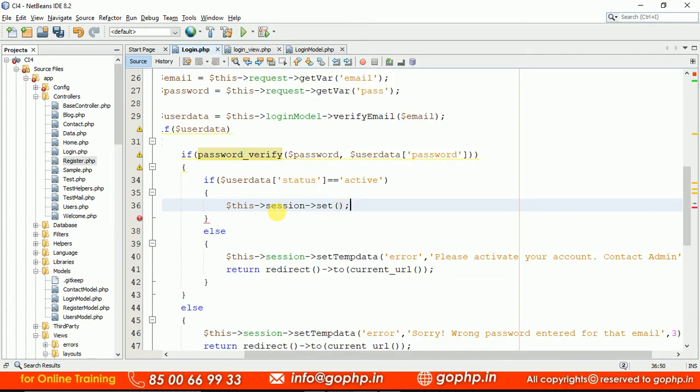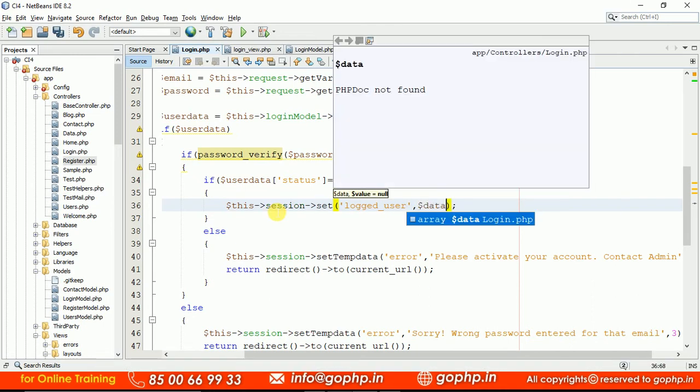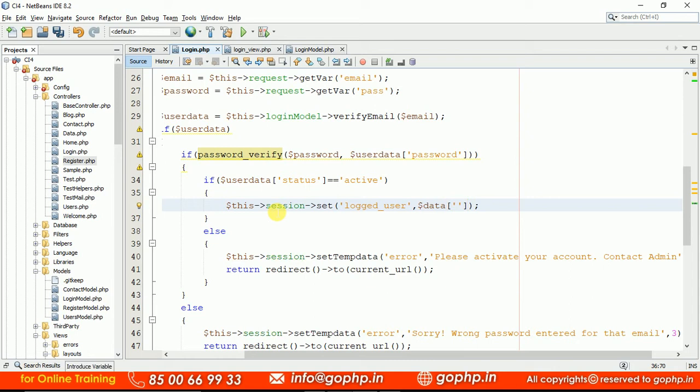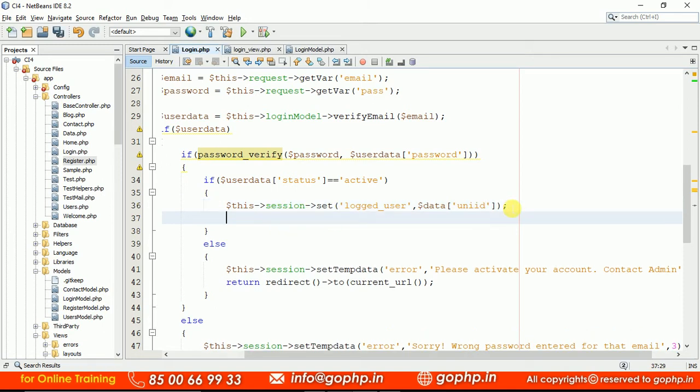Directly we can pass data also. Let me take a key and value pair. So user logged in data or logged in true or login true, whatever it may be, you can take, guys, no problem. Logged in user, that's it. I'm taking something like this, and in this I want to pass our UniID. You can store anything, a group or array of data also we can save, but I'm not saving all the data. I'm just saving the UniID that belongs to you. So this is going to be UNIID. You can store all the array of data also, but it is not required for me as of my requirement, right?